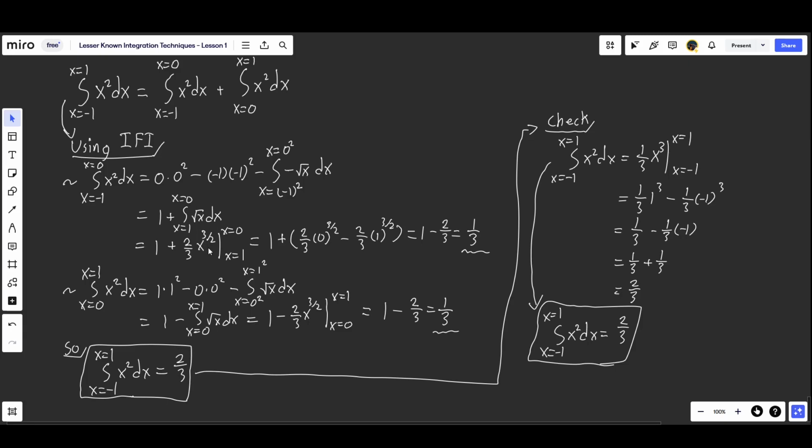Integrating this and simplifying, this is just 1/3. We can do a similar process for this definite integral to show that the definite integral of x squared with respect to x